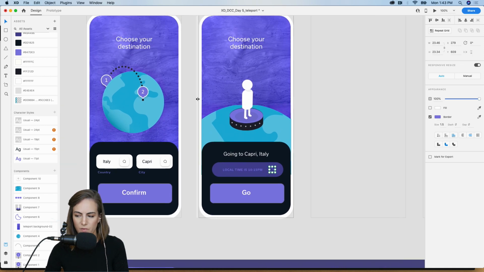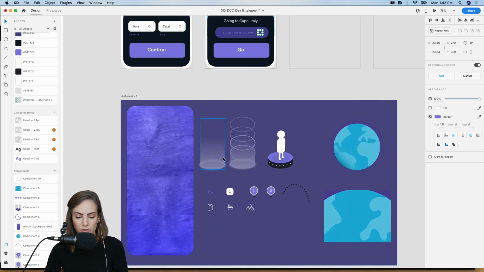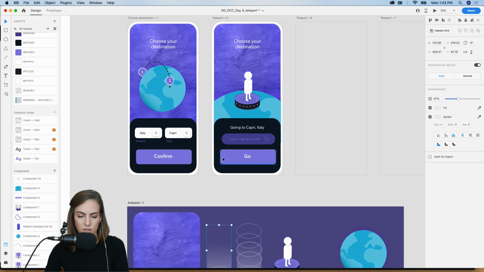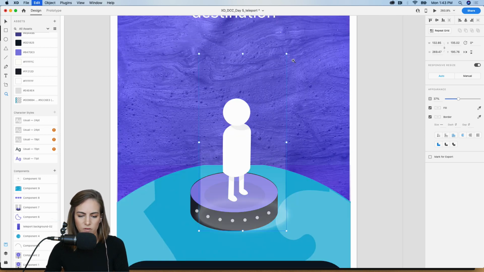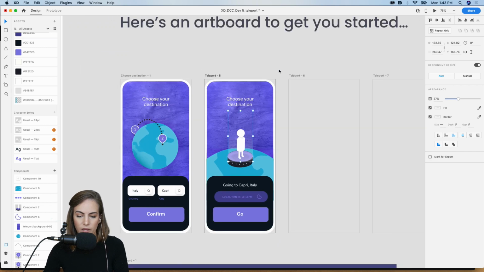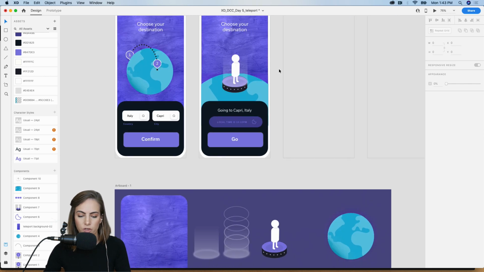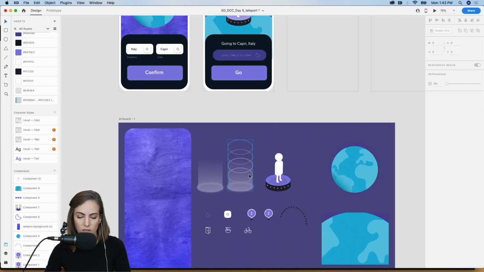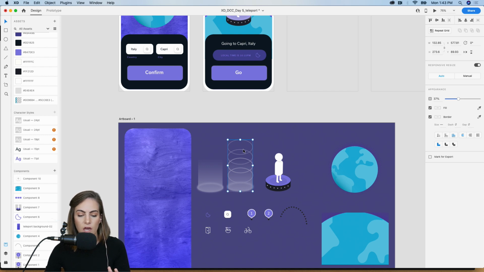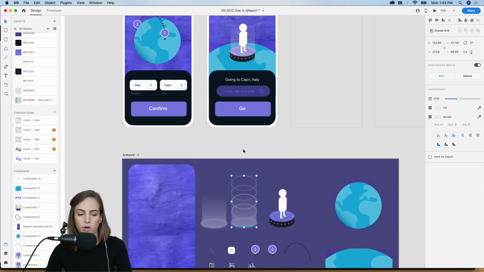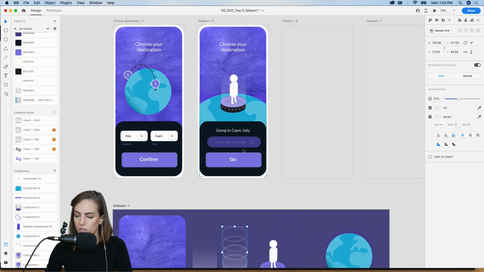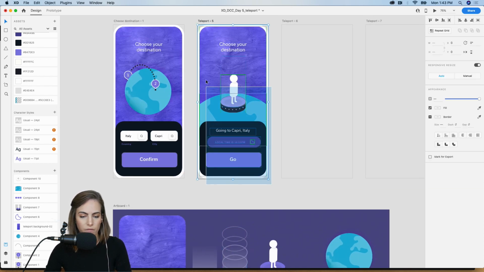Looks good. Okay, so, the only other thing is this little beam sort of illustration. So let's add that on top. And now what we're going to do is just auto-animate back and forth. So I want to take this illustration with all of the circles, and I want that to look like it's going up and down, so like we're beaming somewhere else. So let's go ahead and copy all of this.